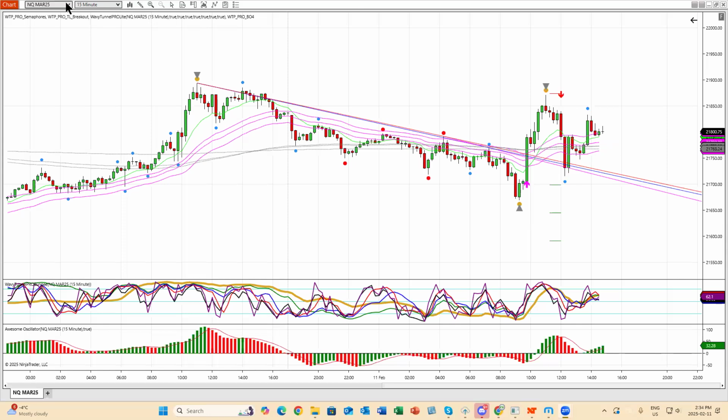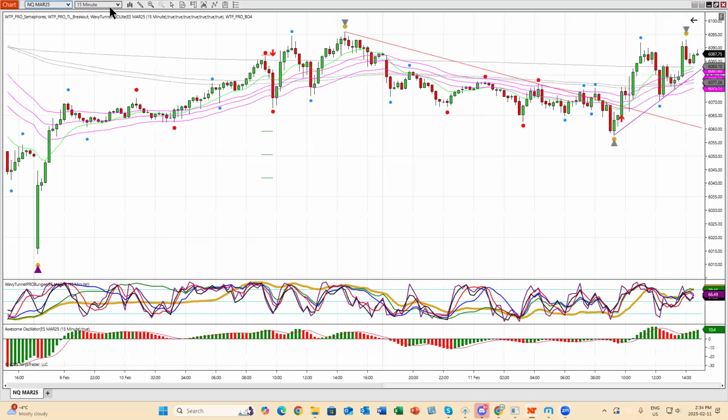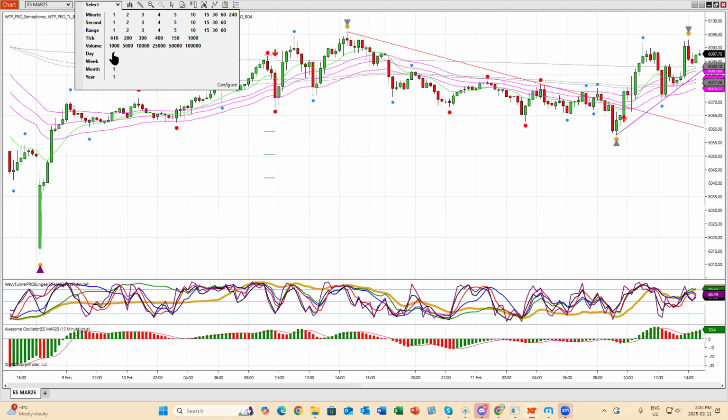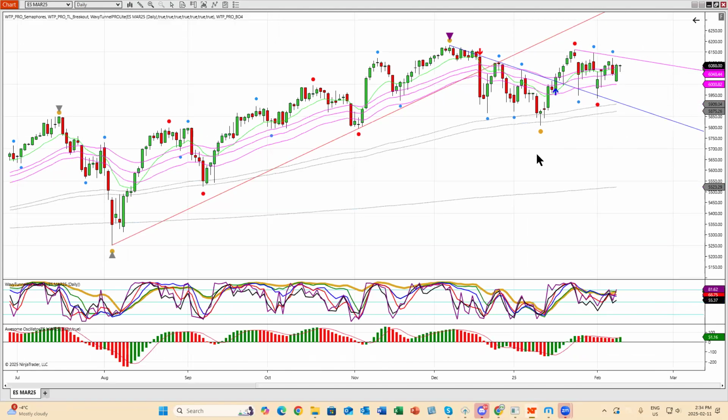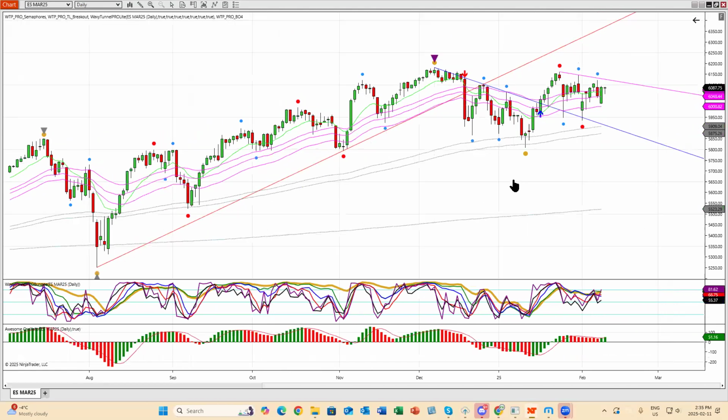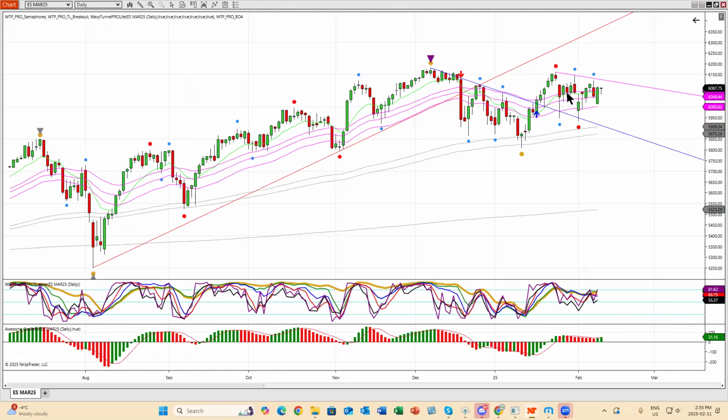Now let's just go to the ES, because a few of you said the ES. So my bias is bullish on the NQ. Same for the ES. A bullish mark for me, by the way, is when the wave is trading above the tunnel. And when the wave flattens out to the tunnel, that's a sideways consolidation. Once we reached a peak, which is this purple semaphore up here, we had a strong, significant consolidation, which took us down to the tunnel. And now the market is consolidating again.